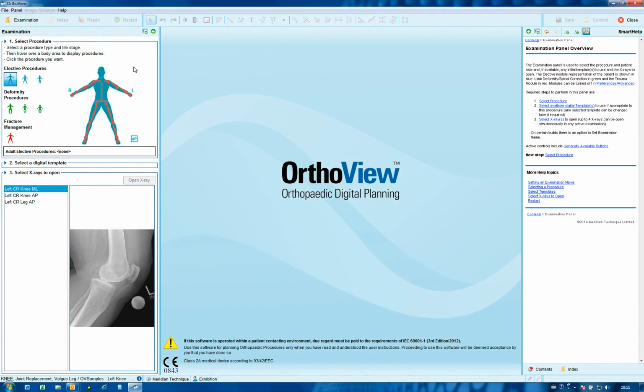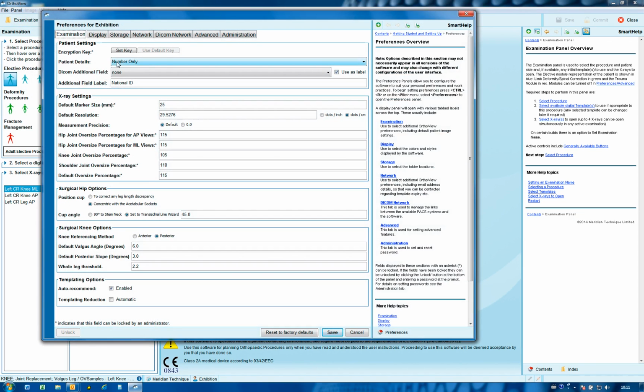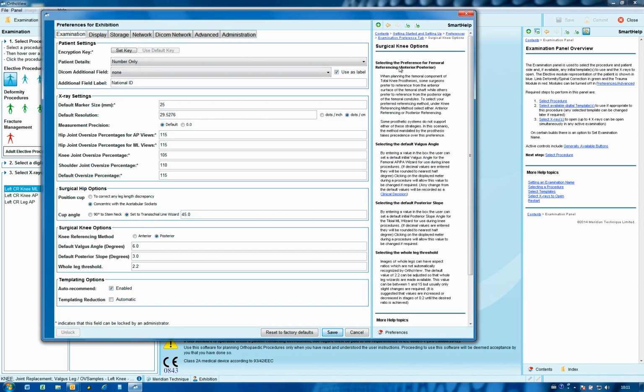In this video tutorial, we look at total knee replacement planning using the SmartKnee Wizard. For all knee replacement planning, check that File and Preferences have been set up for surgical knee options. Just adjusting the Smart Help to give information on this area, but select whether you wish to have femoral anterior